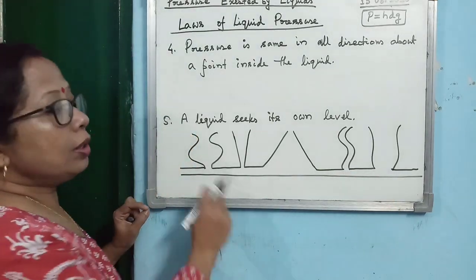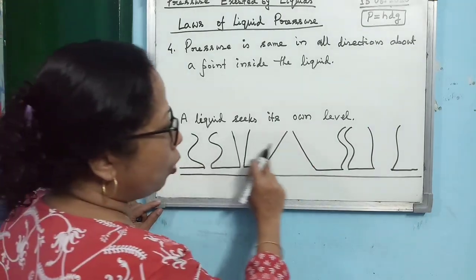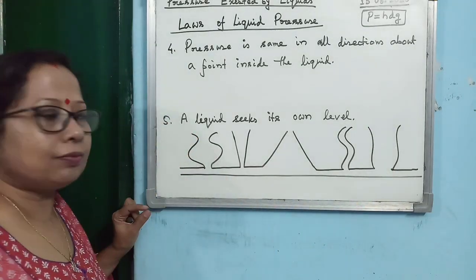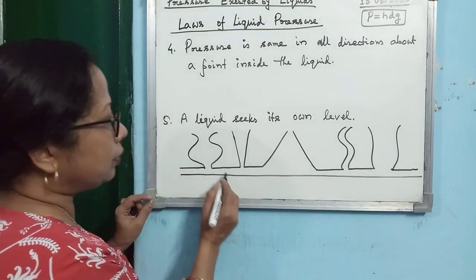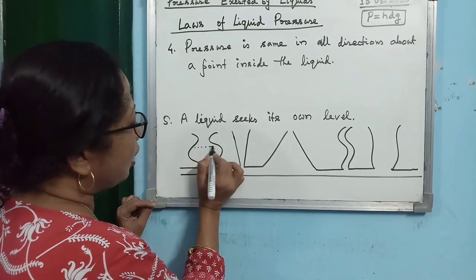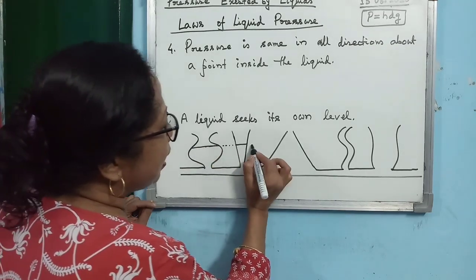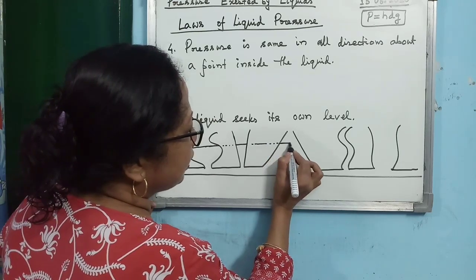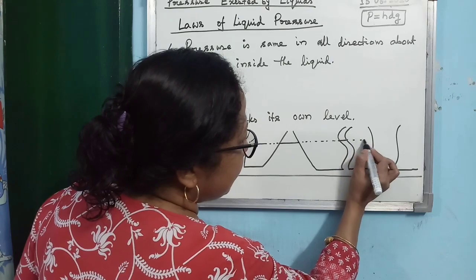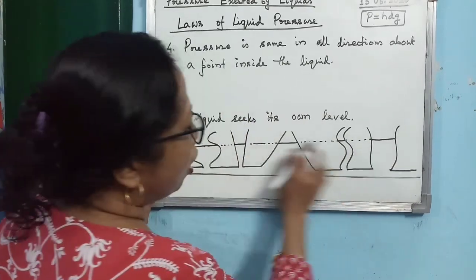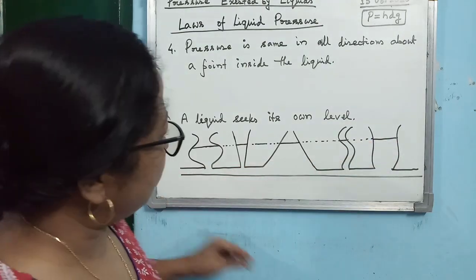Now don't keep the misconception that when you pour the liquid, you will observe that irrespective of the area of their base, all the containers will have the same height of liquid. Means the level of liquid will be the same for all the containers. Is that clear? I hope.